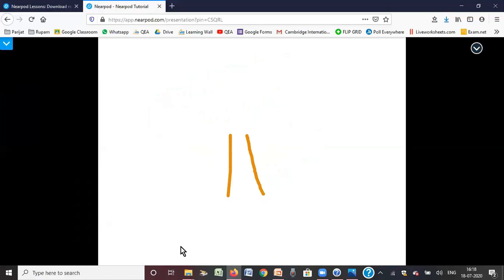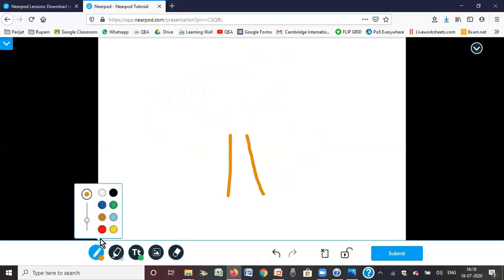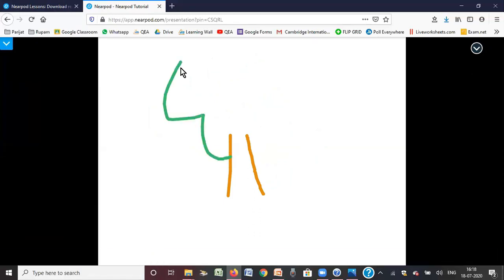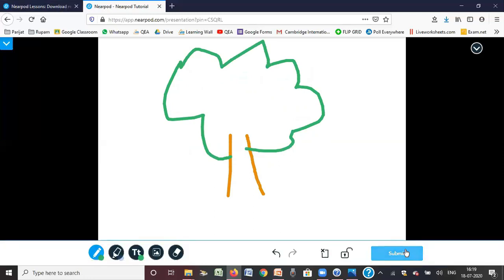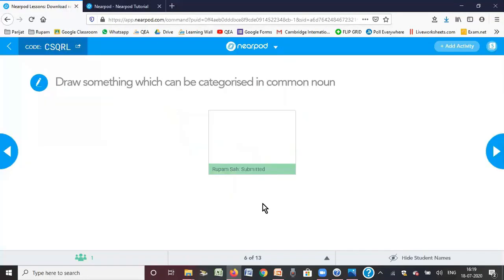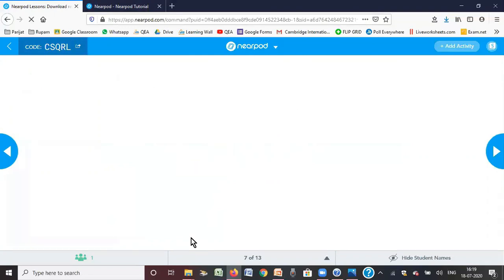So I have taken this color and then I'll pick green and then we'll draw a tree. Now, I'll submit. As a teacher, I am able to see the student name along with the response. Now let's move on to the next slide.